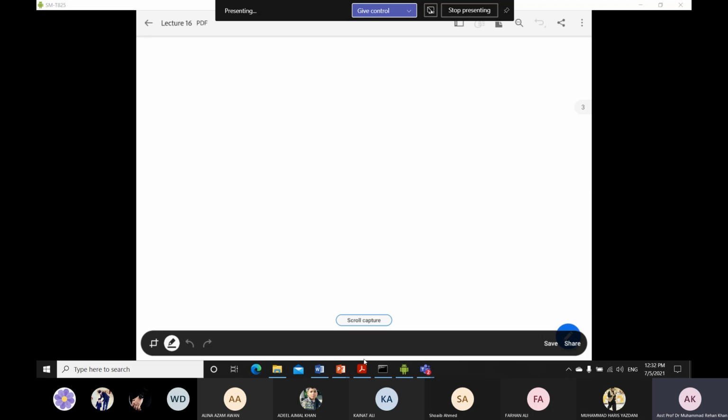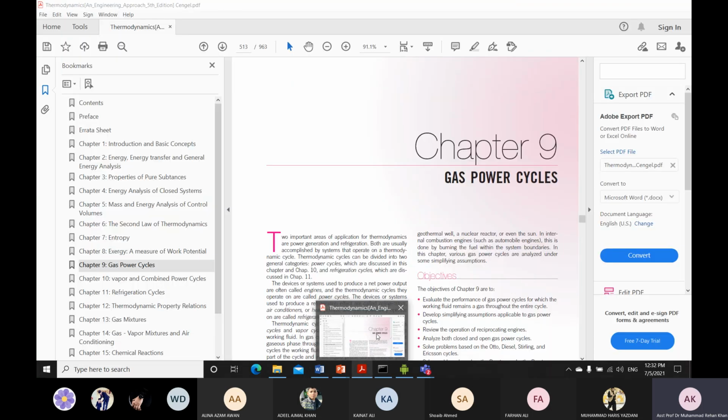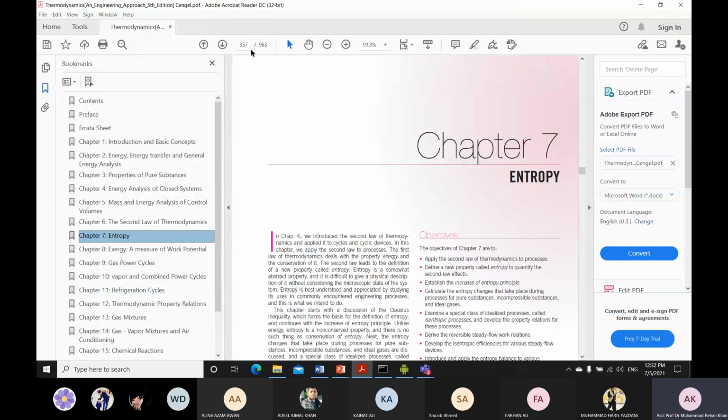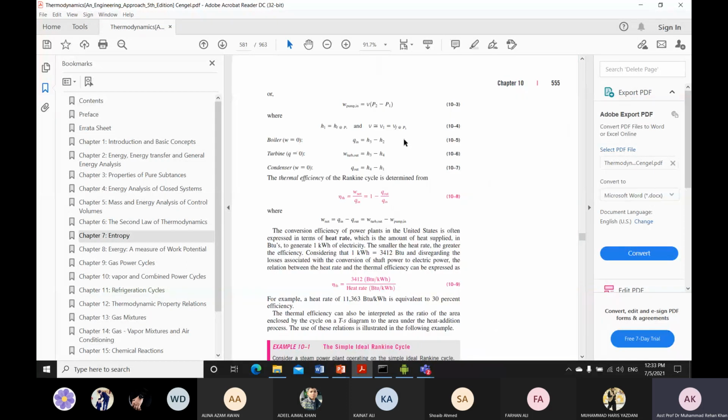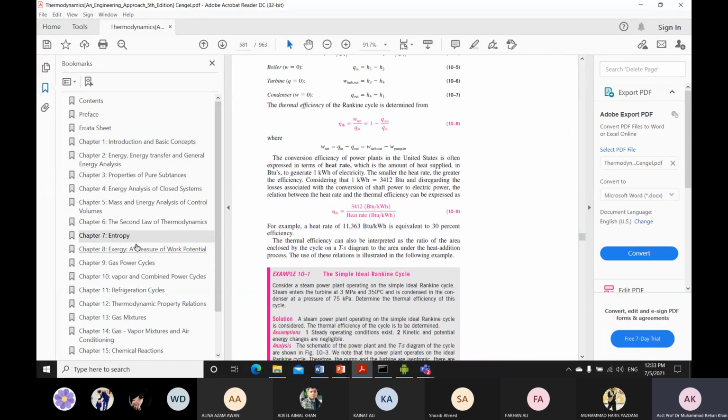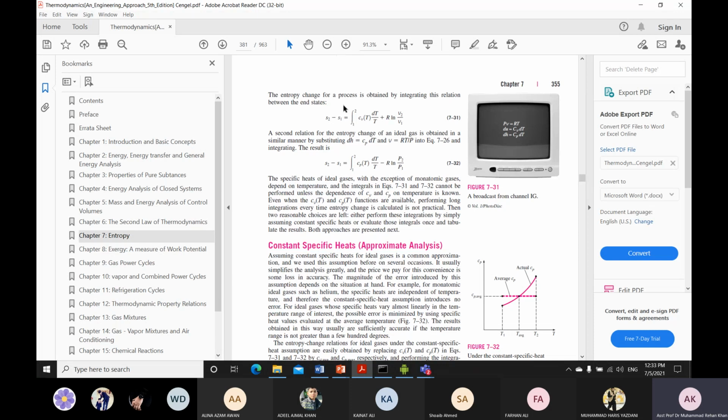Before this, we have to correlate some of your previous knowledge from thermodynamics. So if you can go to chapter number 7, these are the relations: S2 minus S1 equals the integral of Cp dT over T plus R log of V2 over V1. I hope you already know this relation. This relation can be valid for isothermal processes. So either this will be 7-31, or if you have to write it in